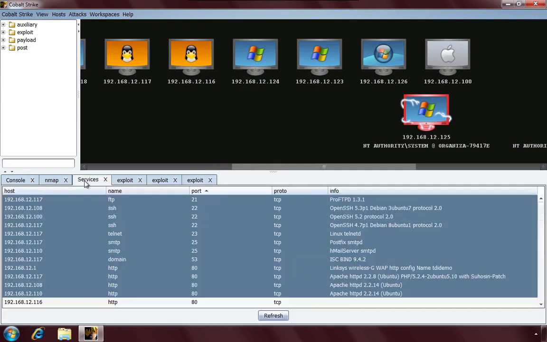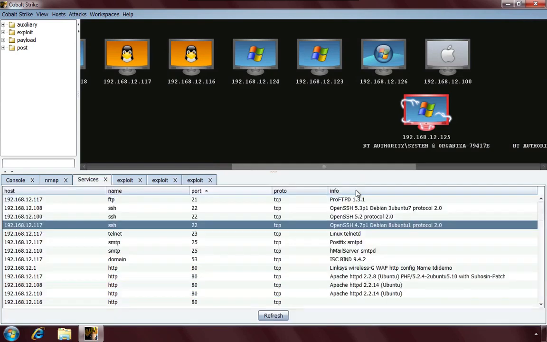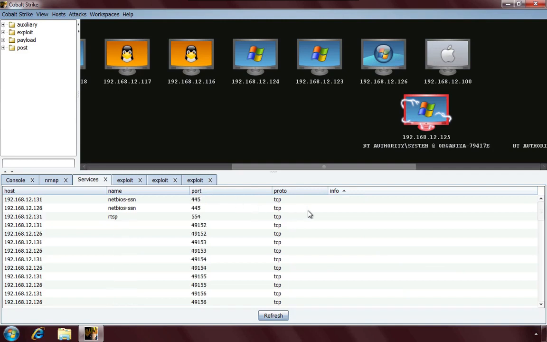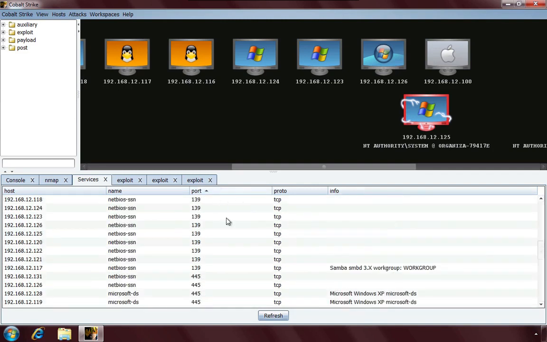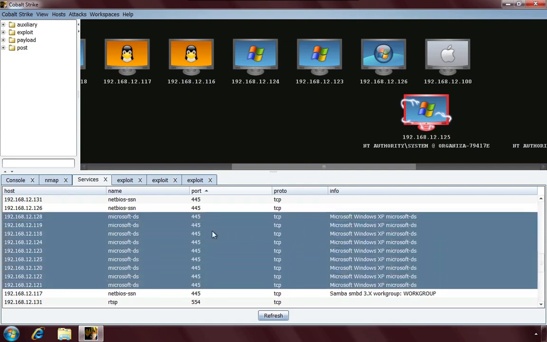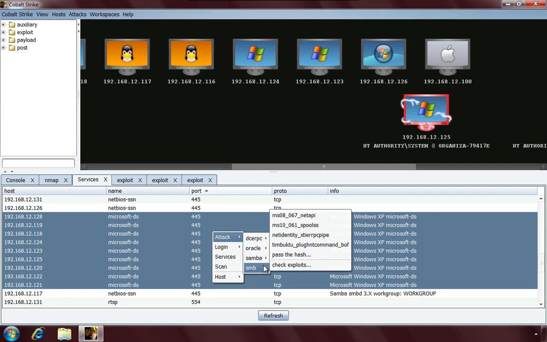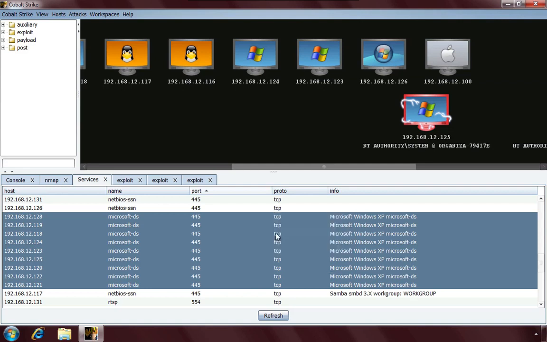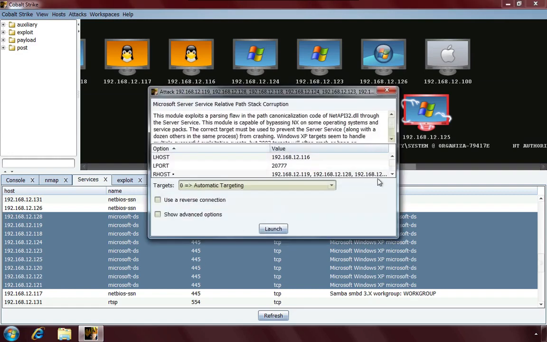Another way to launch an exploit against multiple hosts is to sort by open port, if you like, or sort by info. Highlight a bunch of hosts. If you right click, you get the same menu as if you had right clicked the host in the targets area, and I can launch a module against all these hosts. Here we go. This time the module launcher dialog has far more hosts, and if I click launch,